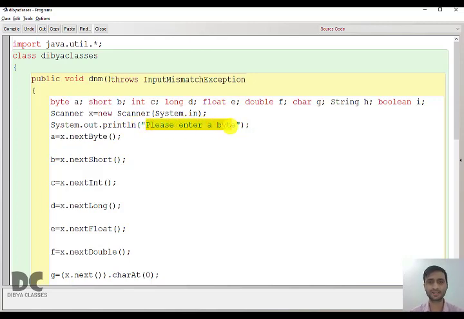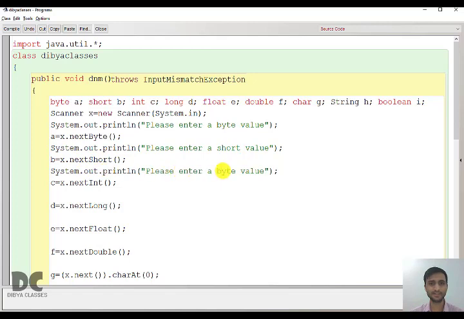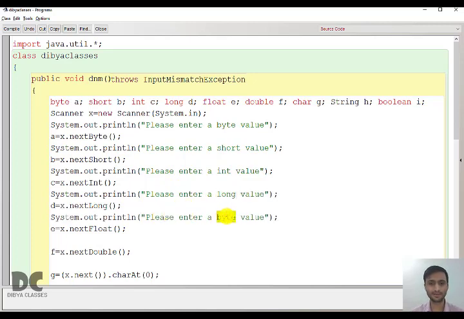Here you will ask the user, please enter a byte value. Similarly, here you will write, please enter a short value. And here, please enter an int value. Please enter long value. Please enter float value.